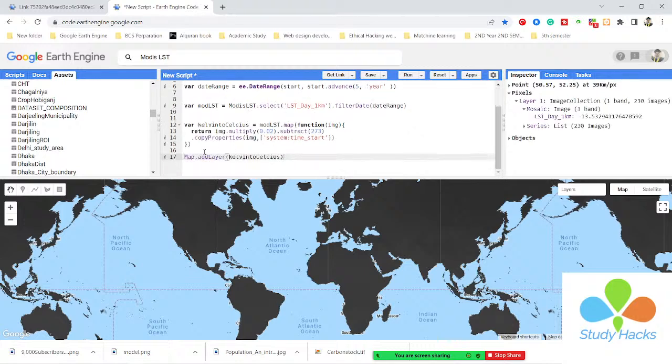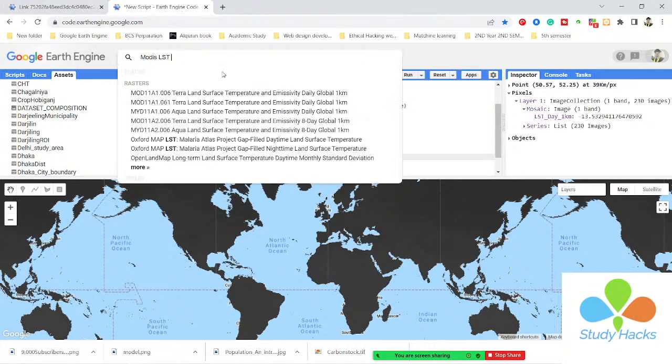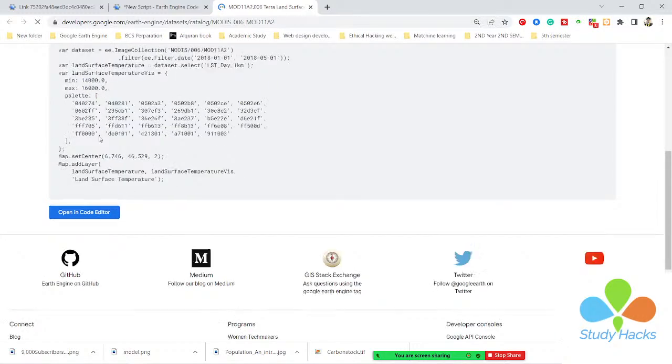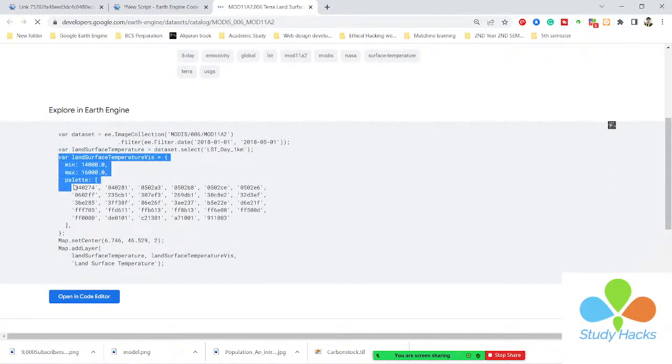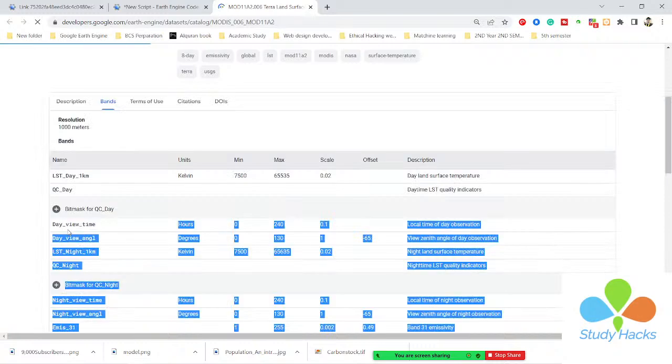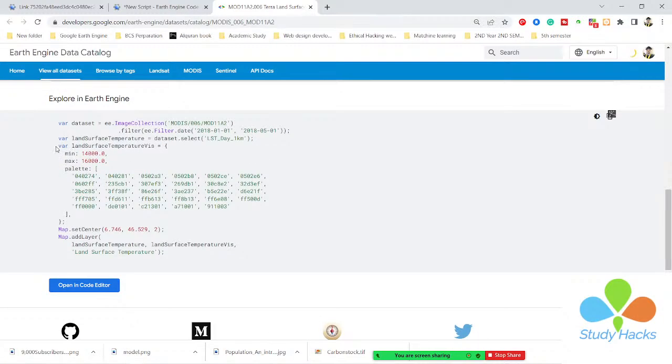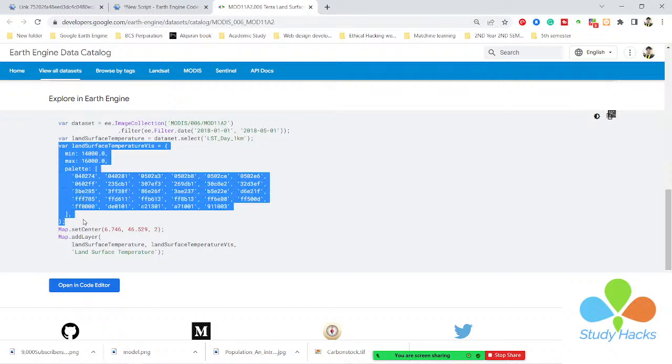Okay, so now I want to add the visualization parameter. So you can simply go to your data catalog. You can see this is my data catalog, where I simply open a new data catalog from here, and I simply copy the visualization parameter. Okay, so this is my visualization parameter. I simply copy from here